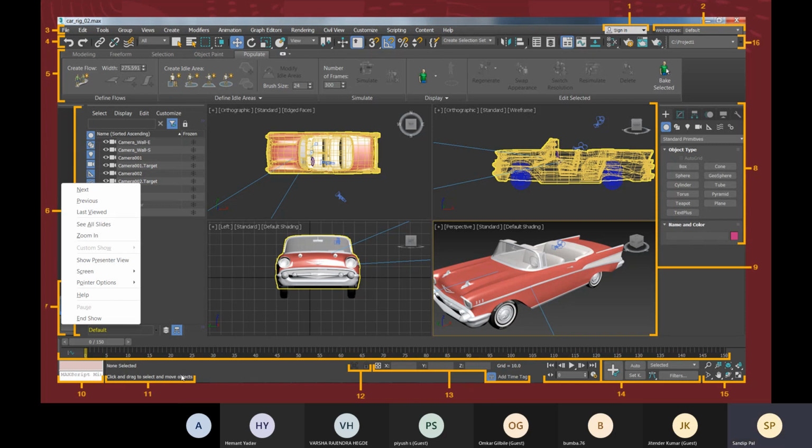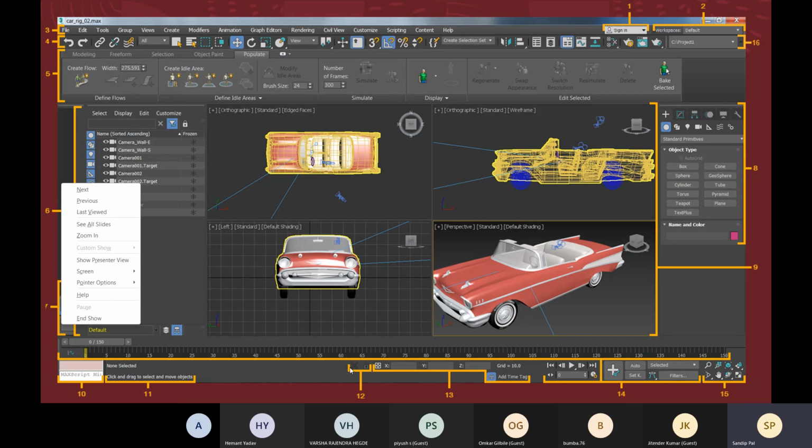Sometimes it will also help you identify, suppose there are some overlapping objects, but you cannot identify which object you are about to select as per your mouse placement. But here it will show you, so you can identify. So it will also help you in some cases.